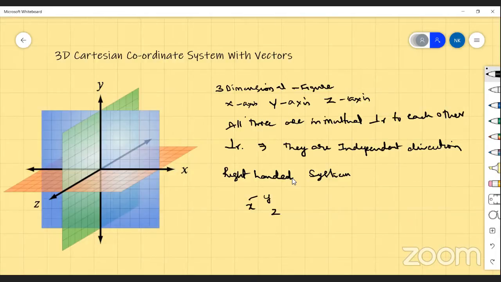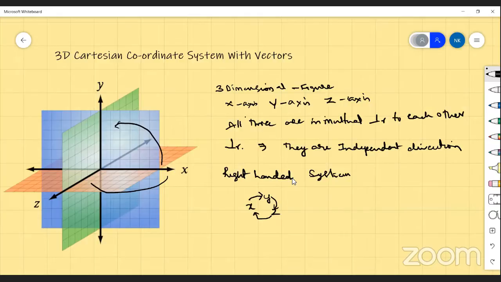So x to y gives y to z, z to x. What does it mean? When you are going from x to y,